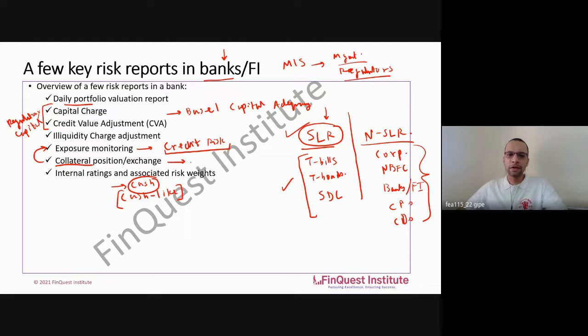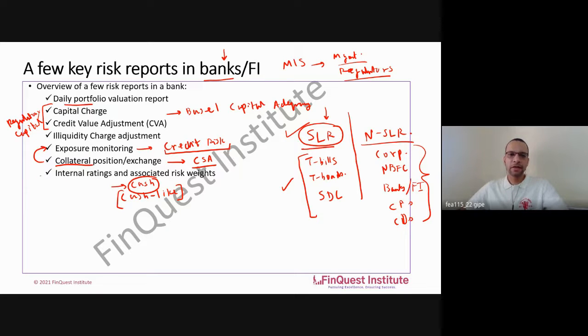At a later point in time, we'll talk a bit about what we call a CSA agreement, or a credit support annex, something which we'll talk about from a credit risk management perspective. I'll explain the methodology for CSA as well, something which banks do on a day-to-day basis in order to manage their collateral positions. But this is something which has to be provided every day. So your back office will provide these numbers which risk will consume, because finally collateral will be consumed when I calculate how much is my exposure to someone. So that's why the collateral report is important.